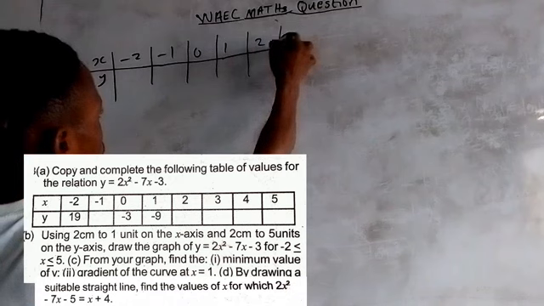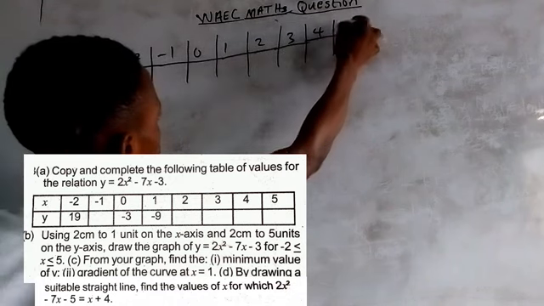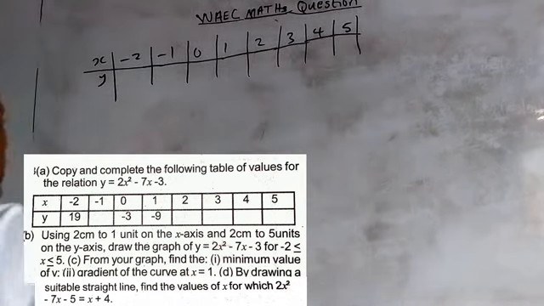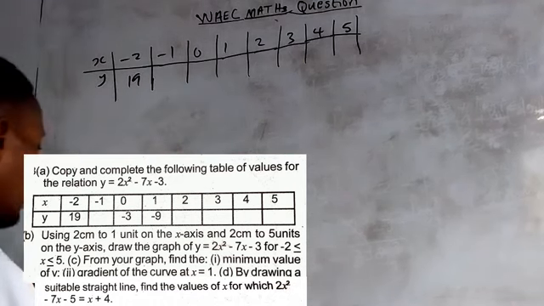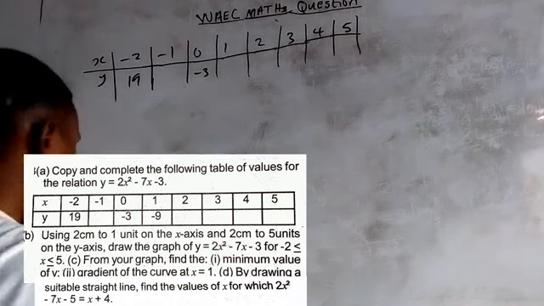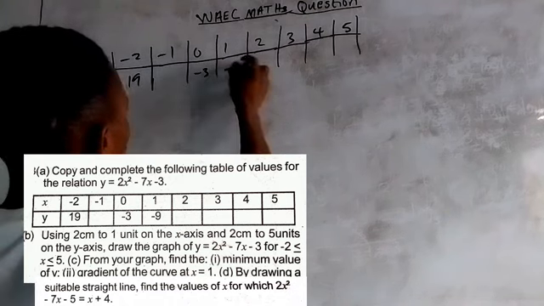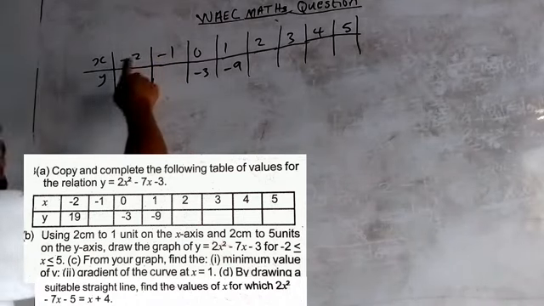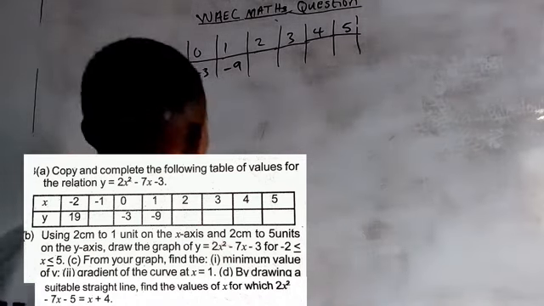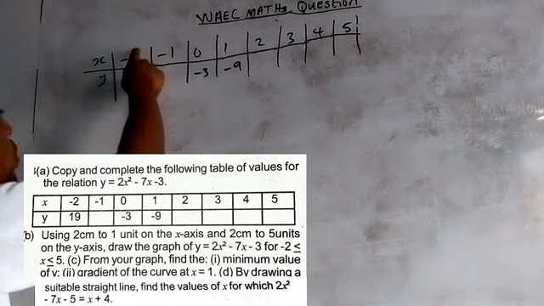We have 3. We have 4. We have 5. Okay, and under this minus 2, our y is equal to 19, and under this 0, our y is equal to minus 3, and under this 1 is equal to what? Minus what? Y. So it means that the value of s is equal to minus 2, minus 1, 0, 1, 2, 5, and the value of y when s is equal to minus 2 is 19,